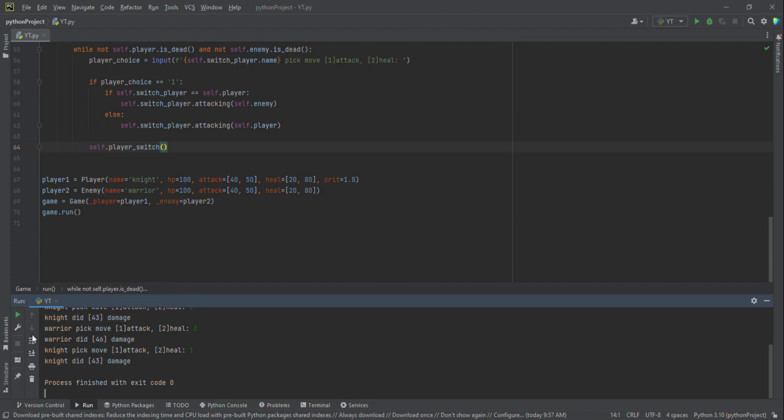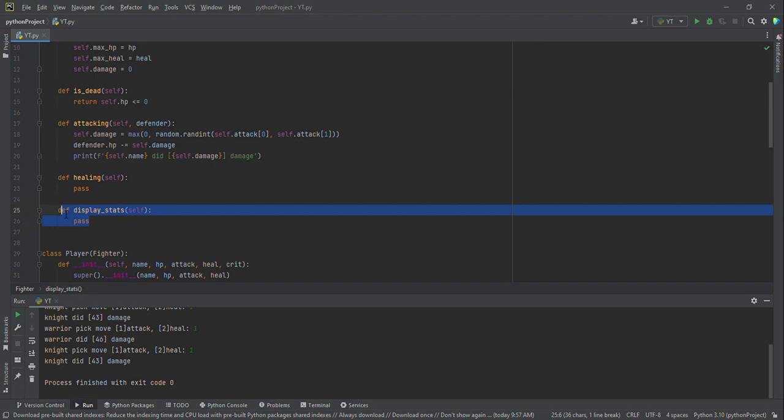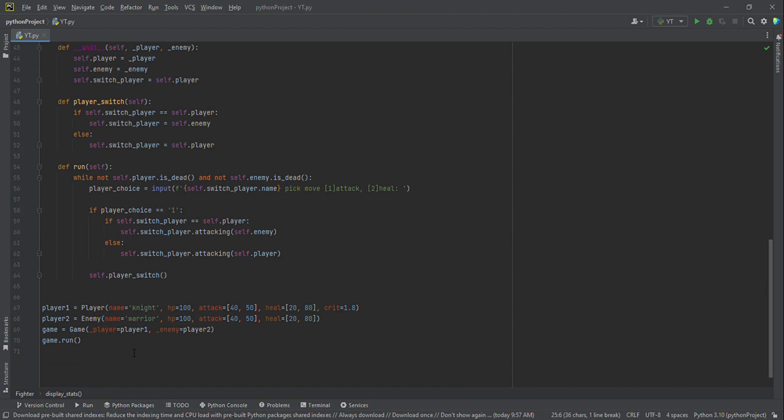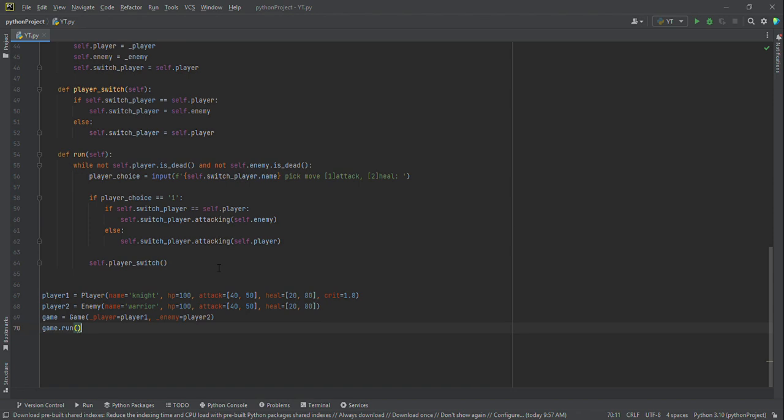The only problem is we have no clue what's going on underneath. We just get how much damage we did. So that's where this display stats method comes through. But we're going to explain that in another video in part 2, because I don't want to make the parts too long, but we're going to explain that in part 2, and we're going to code a lot more in part 2. Hopefully I'm wishing to finish this entire game